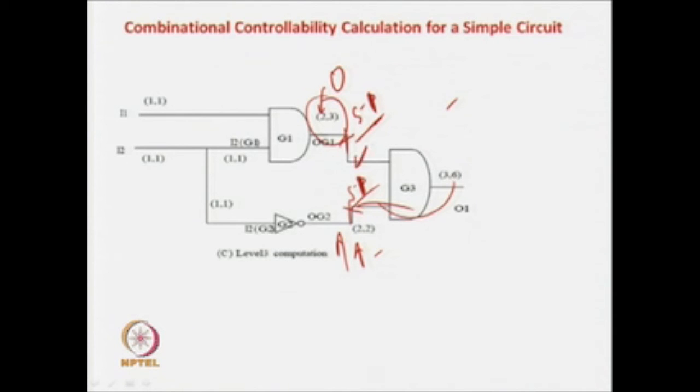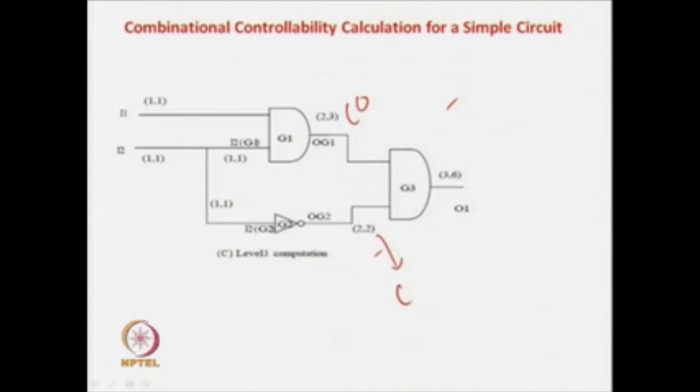Now, this line and this line are not the same. As these lines are not the same, we also have to add how difficult it is to observe this line, the combinational observability of this one and of this one. Whichever is higher, that fault will be difficult to test. But for example, if you want to find out whether stuck-at-0 fault is easier to test at this line or stuck-at-1 is easier to test at this line,